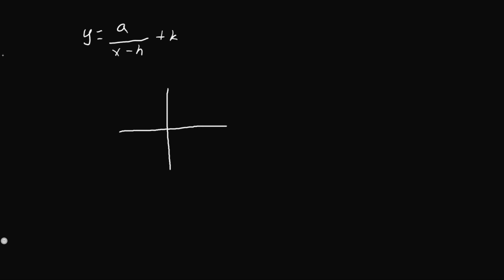And for example, if h is, let's just say, h is equal to 1, then we're going to have an asymptote at x is equal to 1. And if k is equal to 2, then it's going to be shifted upwards by 2. And we're going to have a graph that looks something like this. That was a bad sketch, but